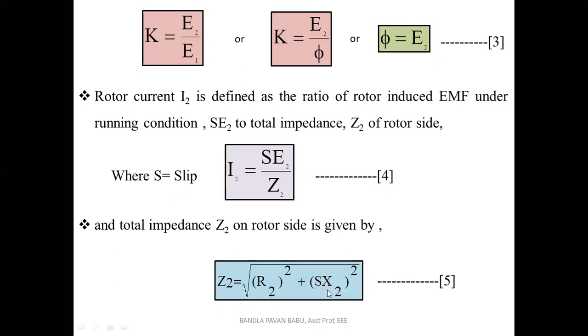As per the standstill or running condition, we can substitute the values. At standstill, S is 1, and under running conditions, based upon the slip value, that is 0.2, 0.3, likewise 2 to 8%, that value is substituted here and we get the final impedance value. The resistance part remains constant, irrespective of standstill or running conditions, because the coil has some internal resistance. In case of the squirrel cage, we will see it later at the end of the slide.